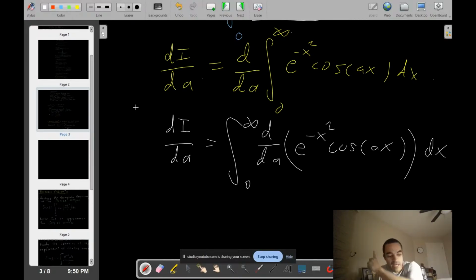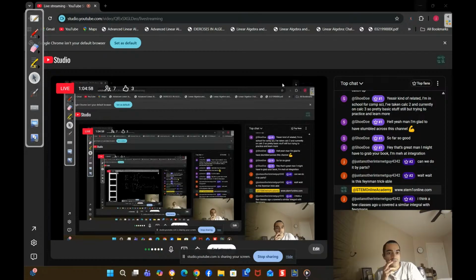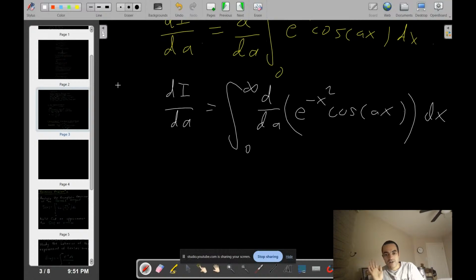Differentiating with respect to A. What happens? Right, I'm differentiating with respect to A. Okay, anyone tell me what I do here if I'm differentiating? Just chain rule the cosine. Yeah, you're right. Just an internet guy is right on the money once again. Yes, that is correct. Very clever idea. Okay, so dA,